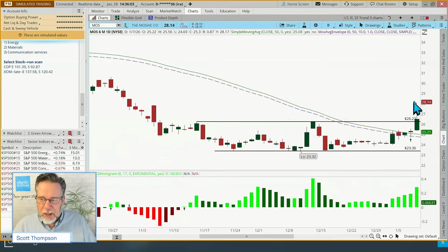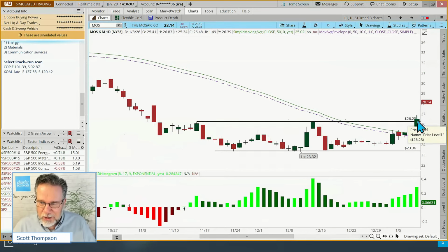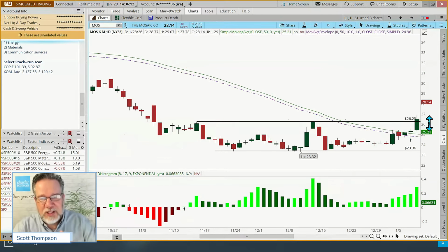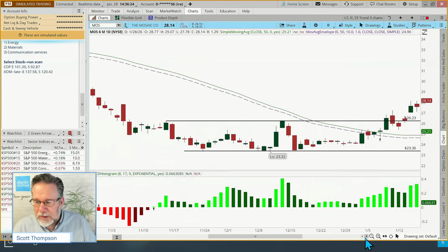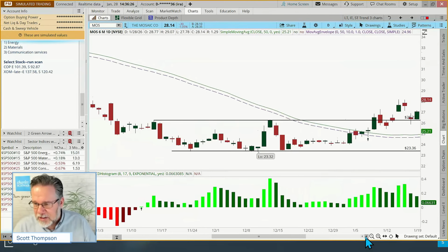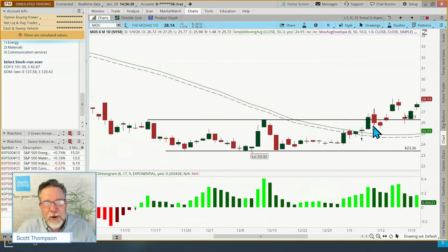So what normally would we wait for? We wait for the stock to make that new high, which it starts to do here, right? It's a little bit higher high. We'd like to have it come down, and put this in your notes if you're new: old resistance might become new support. So we're kind of looking for that $26 area to be our new support. So when the stock moves forward, we'd like to see it hold. Oh, there it did. So right there, it kind of jiggled around right when it broke out.